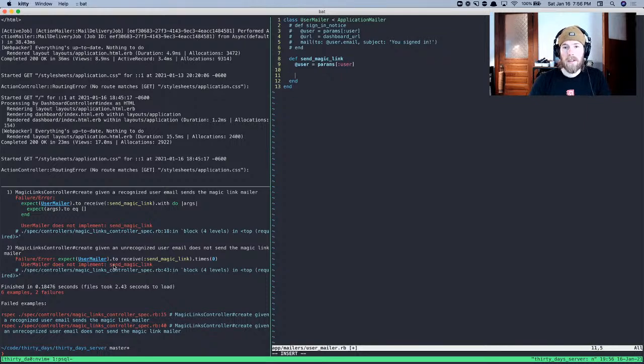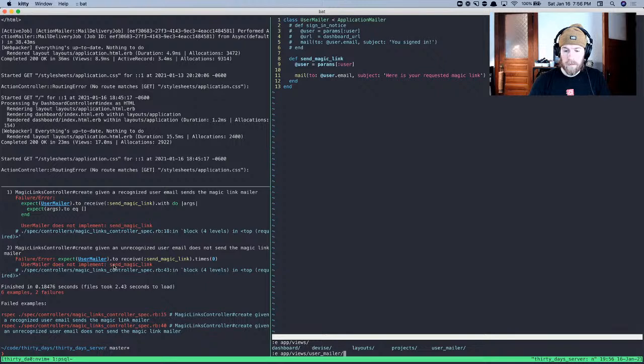I'm not sure yet, but we definitely want to then say mail to user.email, subject, here's your requested magic link, something like that. And then we're going to need a view for this as well. Split this open, and yeah, we just need to match the names. That should be send magic link